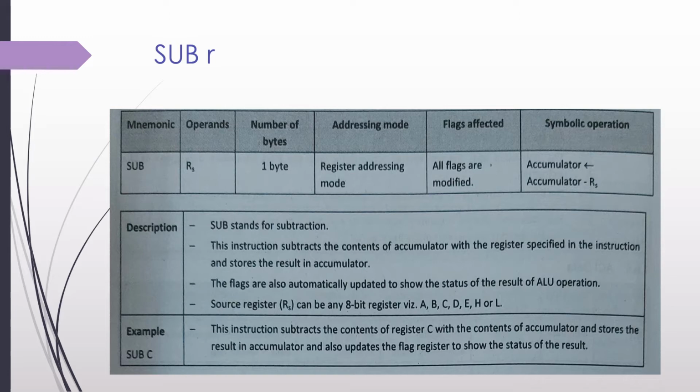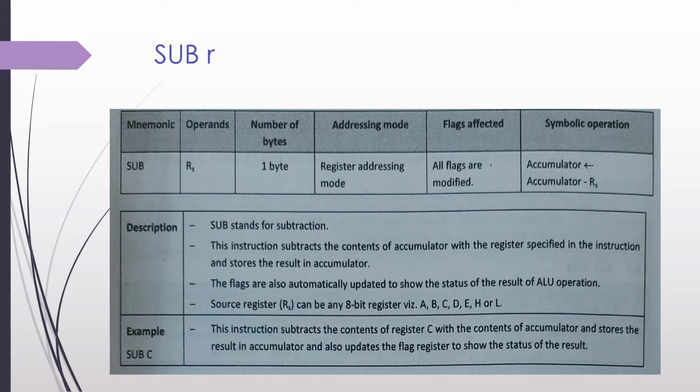As we know, the subtraction is always done with the 2's complement method. This part of the 2's complement method we have already done in 11th standard, and the same method is happening inside the microprocessor. So we need to understand that when we do subtract R, the subtraction process is always the 2's complement method in 8085